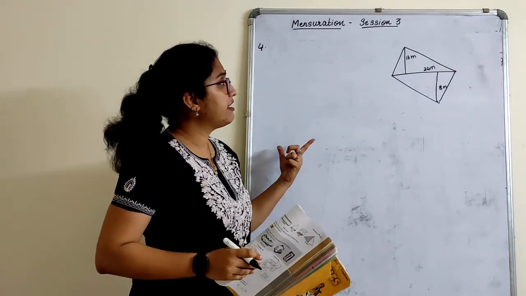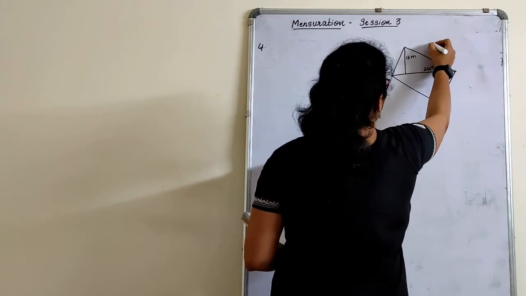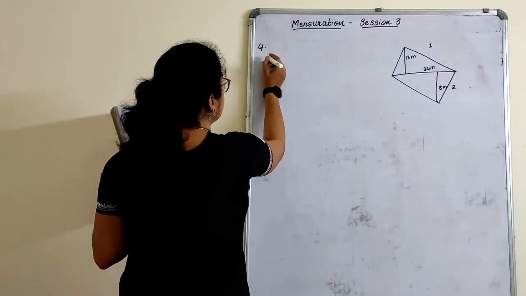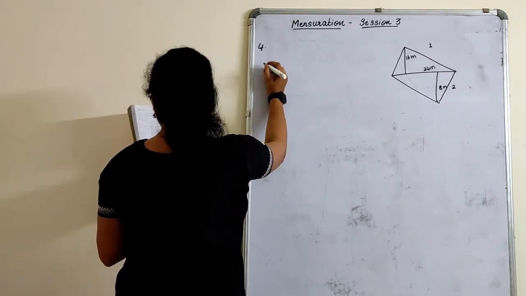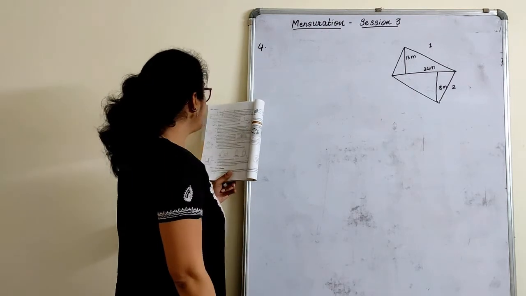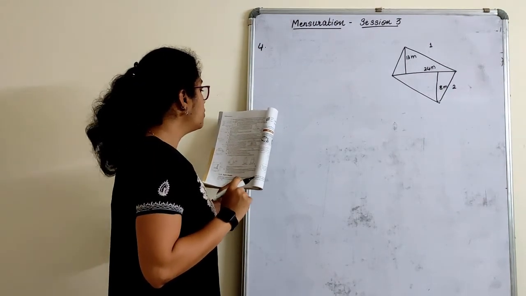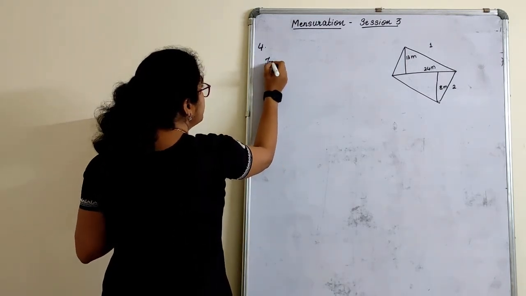So area of a quadrilateral is nothing but area of triangle 1 and triangle 2. So area of triangle 1 and 2 I will write here. So the diagonal of a quadrilateral shaped field is 24 and perpendiculars dropped from the remaining opposite vertices are given. Find the area of the field. So triangle 1,